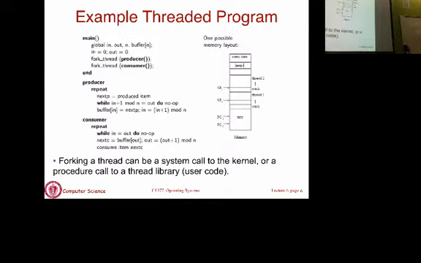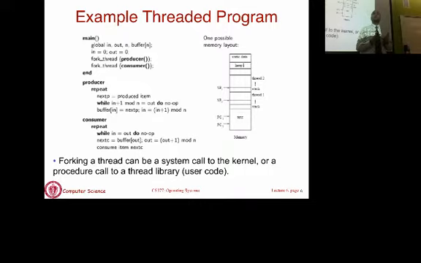Okay, but now this is a threaded application. There's a thread for a producer, and a thread for a consumer. I have shown you how the thread is created. The fork thread is not a real library function or a system call, it's just pseudocode to indicate you are creating a thread. Fork thread producer creates a thread and makes it execute the producer code. Fork thread consumer creates another thread and makes it execute the consumer code. And there are these two threads that are going to execute the two functions.